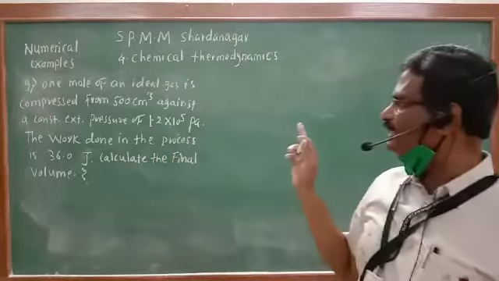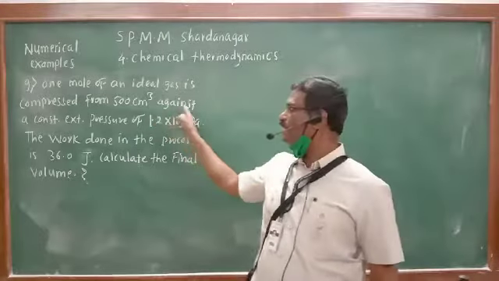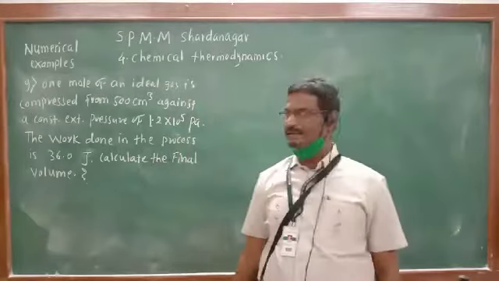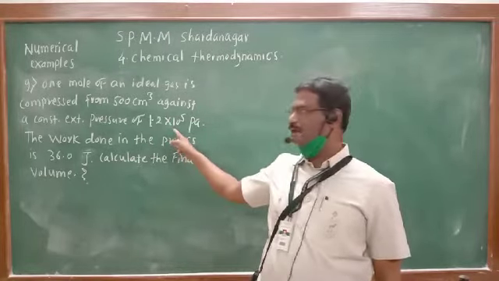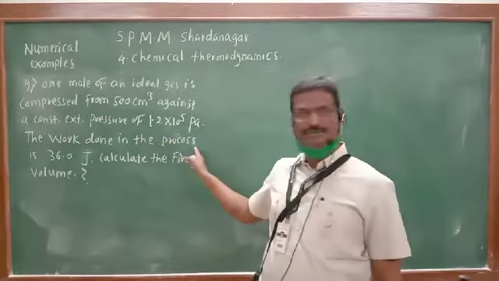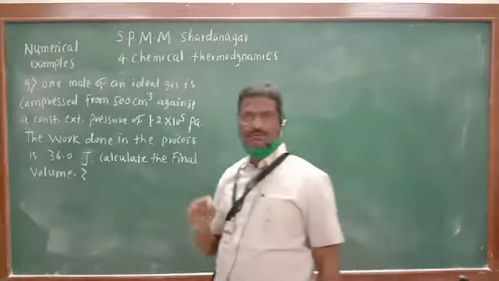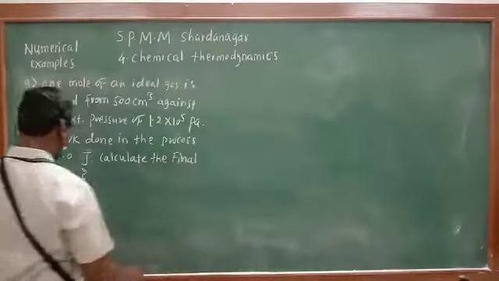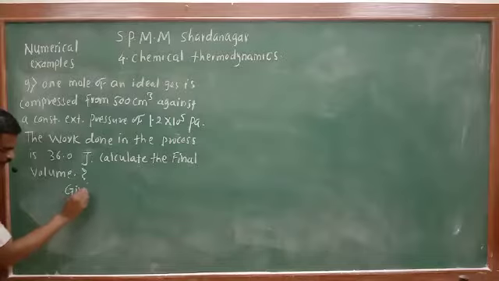1 mole of an ideal gas is compressed from 500 centimeter cube against a constant external pressure of 1.2 into 10 raised to 5 Pascal. The work done in this process is 36 joule. Calculate the final volume. See what is the data given. For this, the given data is